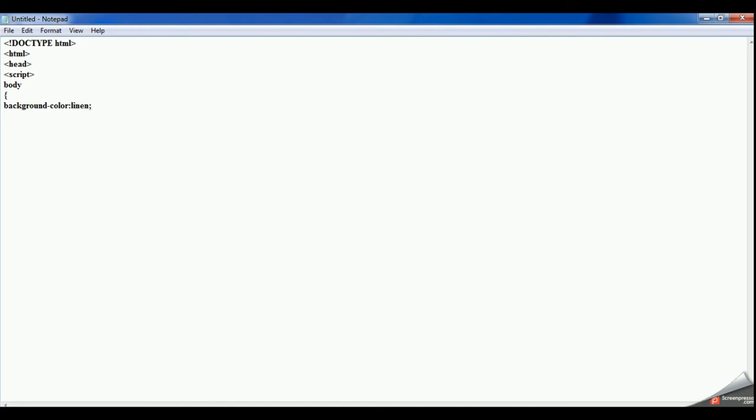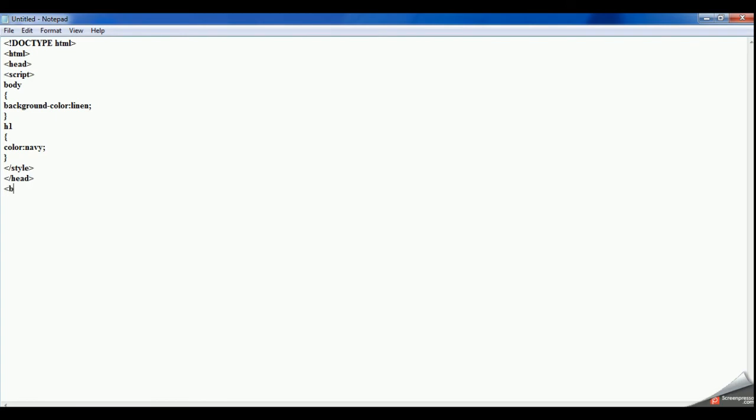So this is how. I have applied a CSS on the body, and suppose I want to apply it on my heading. Then I want to change the heading color to, suppose, color with a colon, navy. Okay, and it ends with a semicolon, bracket close, and then you have to close your style tag. So here you have applied two styles, on your body, which means the whole web page background will be changed, and on the heading, and then you have to close your head section.